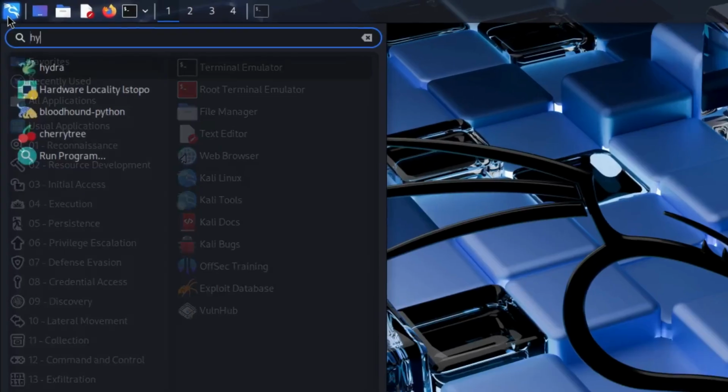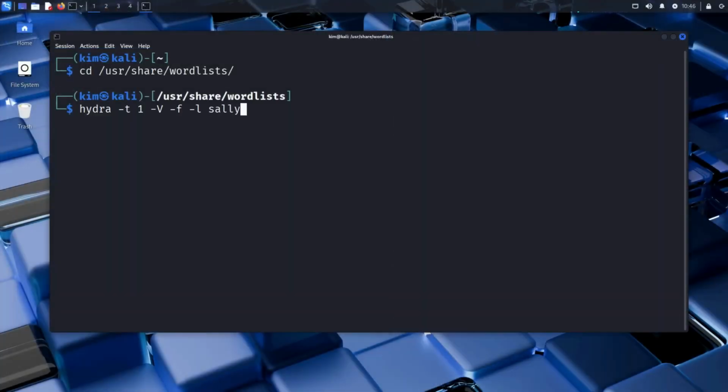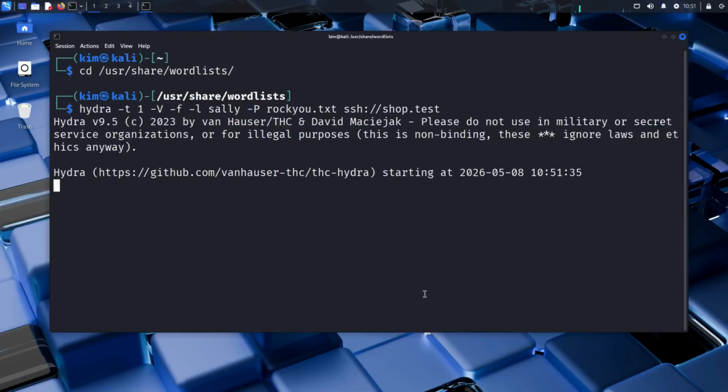Number 3, Hydra. Hydra is a parallelized login cracker. You give it a target service, a list of usernames, and a list of passwords, and it tries every combination at machine speed until something works. Here, for example, Kim is attacking the SSH service on Sally's website. -l Sally is the username. -P rockyou.txt points to the famous RockYou word list, a popular list of 14 million passwords leaked from a real breach